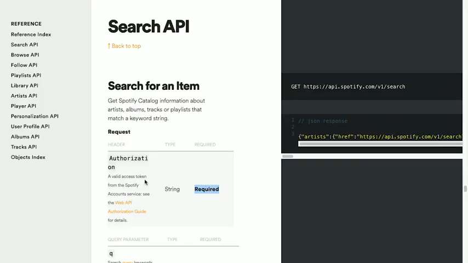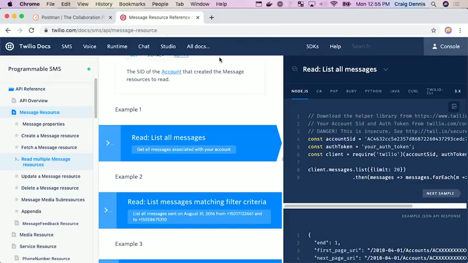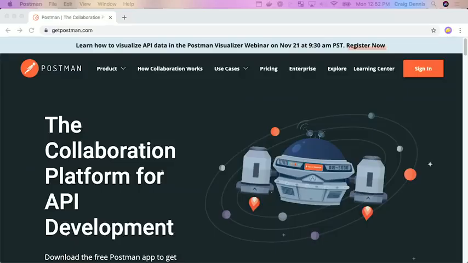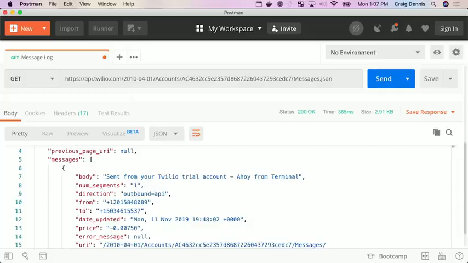After we get a good grasp on the what and the why of APIs, we'll go and learn how to explore two existing ones. We'll get familiar with a handy tool, Postman, which provides a nice way to interact with web-based APIs. We'll use that tool to hit an external web API to send actual text messages. And we'll get some interesting data back from a streaming music service API.